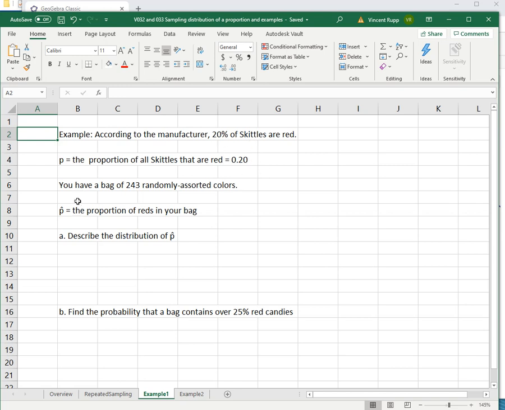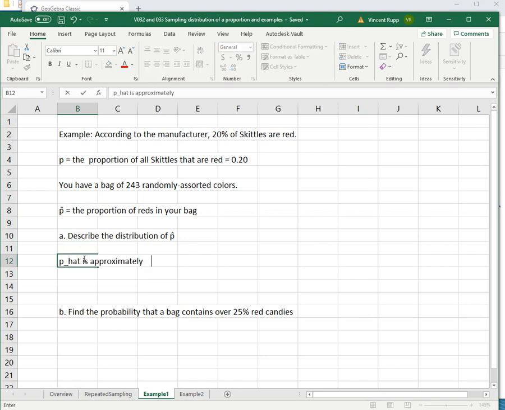Now suppose we have a bag of 243 randomly assorted colors, assuming it's completely random. P hat is the proportion of reds in your bag. So P hat is going to be a random variable. Each of these bags could have a little more or a little less than 20%. So if you get a question like describe the distribution of P hat, you would write something like P hat